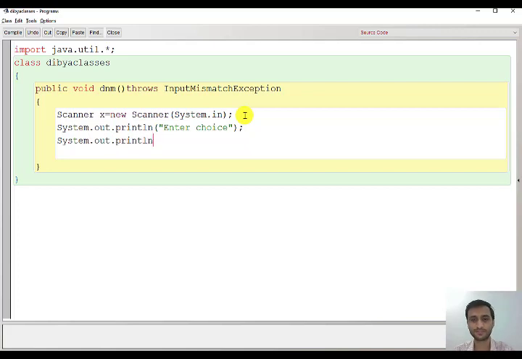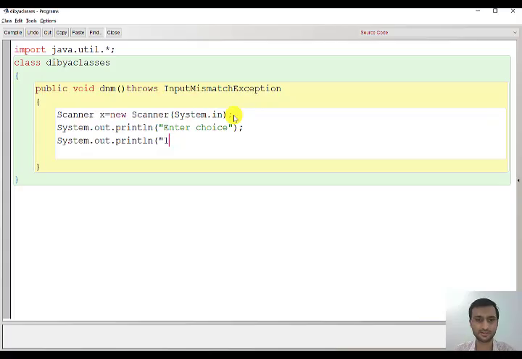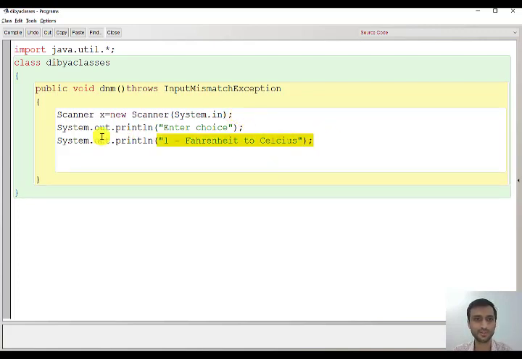And we have to give what the choices are, or how will the user know? So I will write, first one is you have to convert Fahrenheit to Celsius. This is the first choice. Second choice, I'll just copy this.